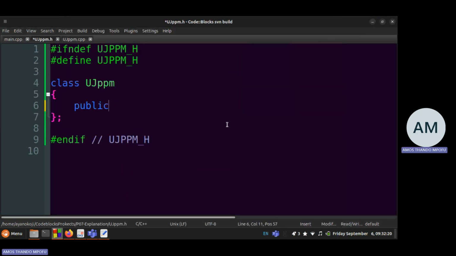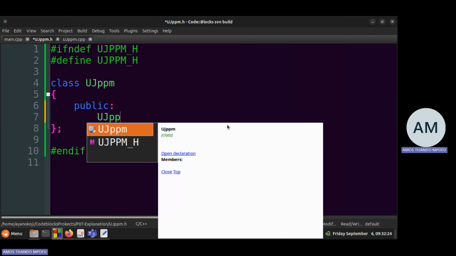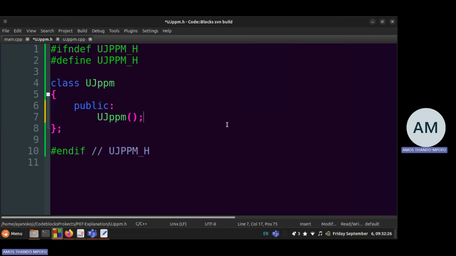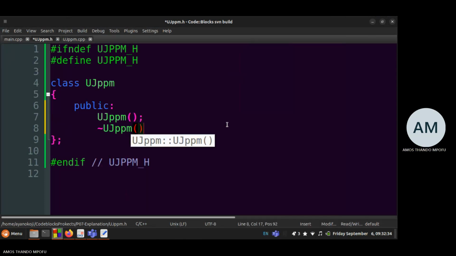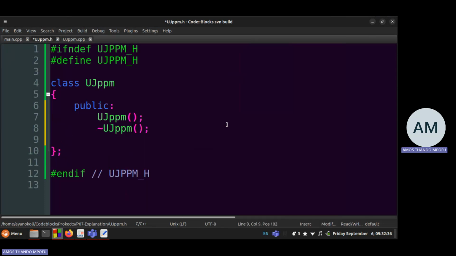So I'm going to have a constructor. Obviously, I need a constructor, ujppm. The no args constructor, just make it simple. And then private, I'm going to have